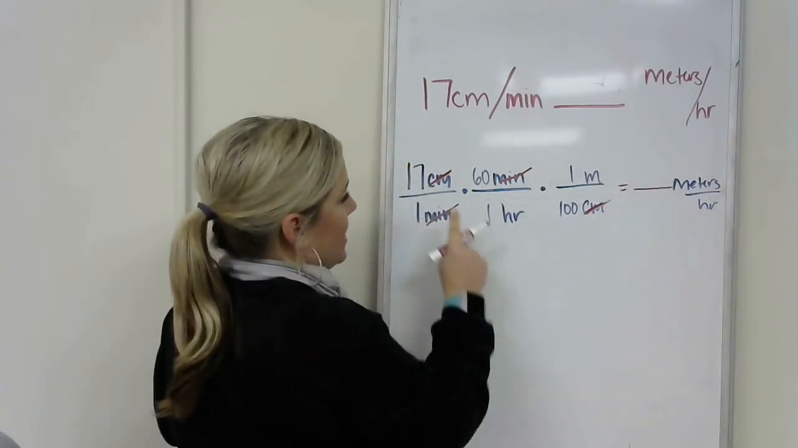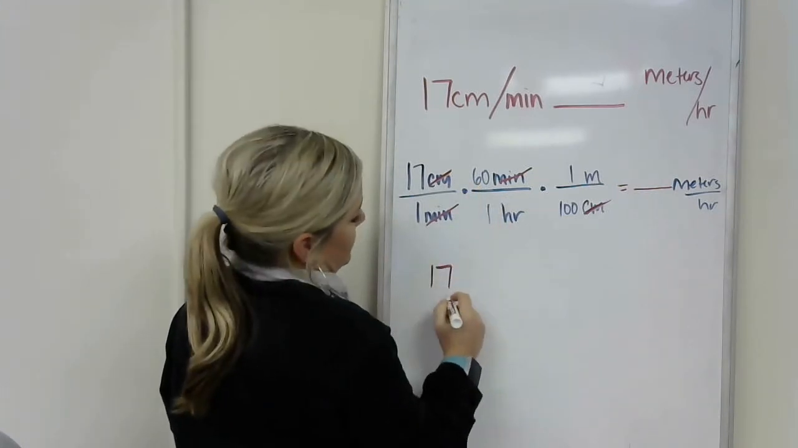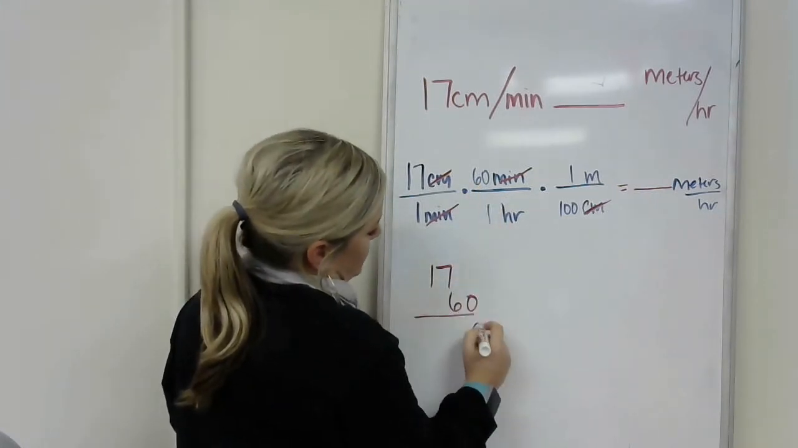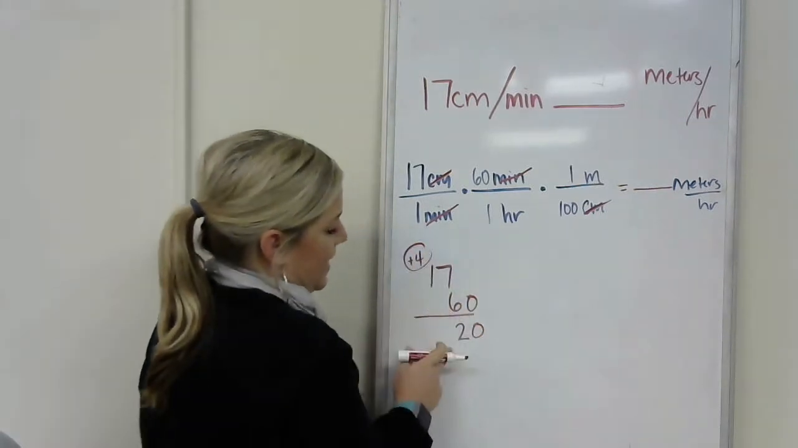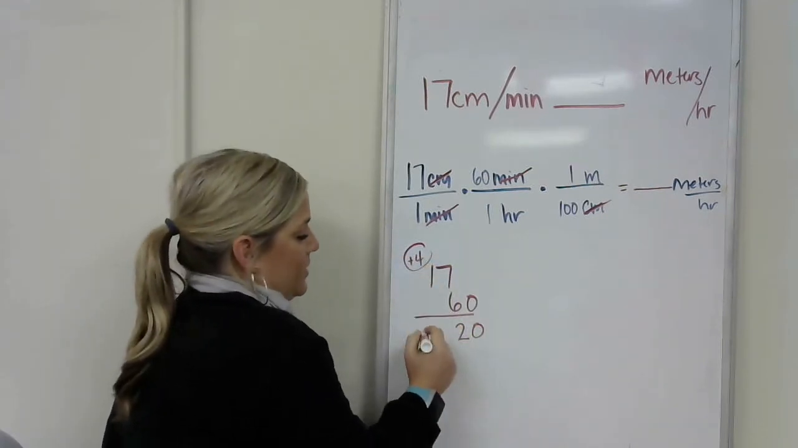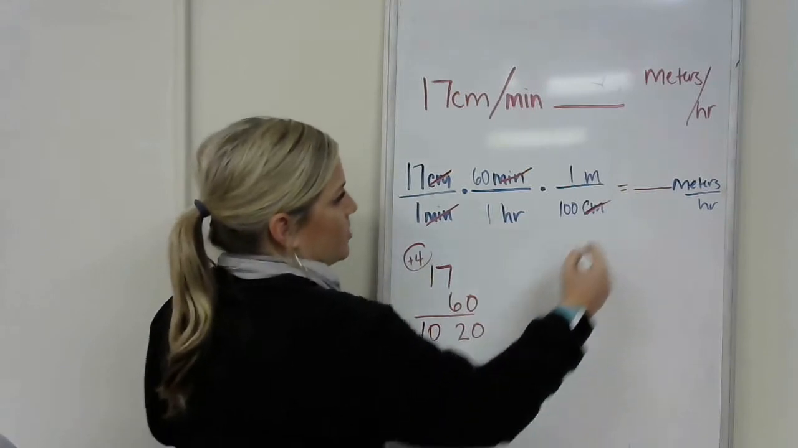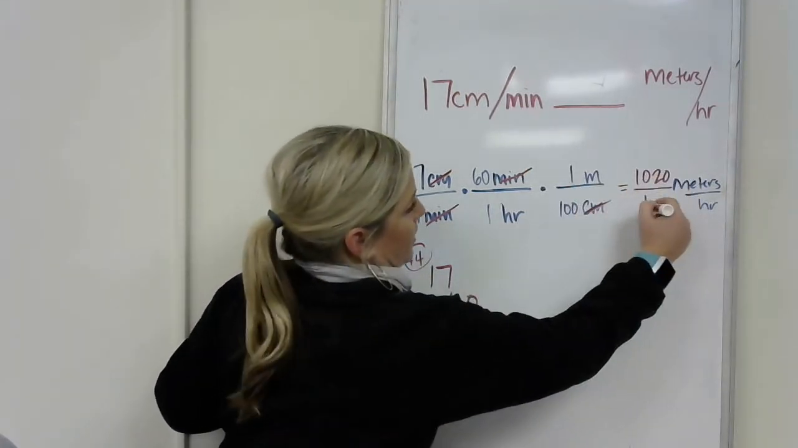All right, so I need to do 17 times 60, and I'm going to leave that 0 hanging off. The 0 stays, the 4 can stay, the 2 can stay, the 4 got to go. 1 times 6 is 6, 6 plus 4 is 10. Okay, so now I have 1020 over 100